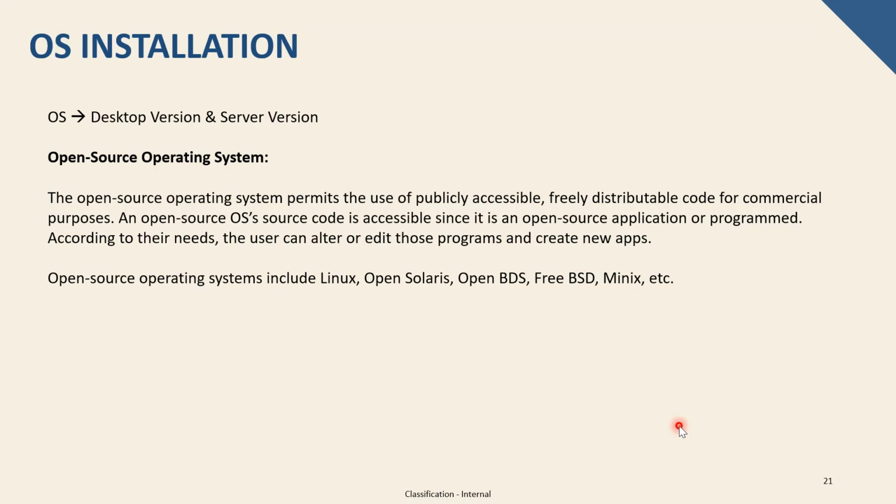All right. So when it comes to OS, we have a client version and also a server version. We already know the client version is mainly for desktop or laptop, and the server version is only for servers. We have the same type in Windows as well, right? Usually we'll have Windows 10, 11 for desktop systems, and for servers we